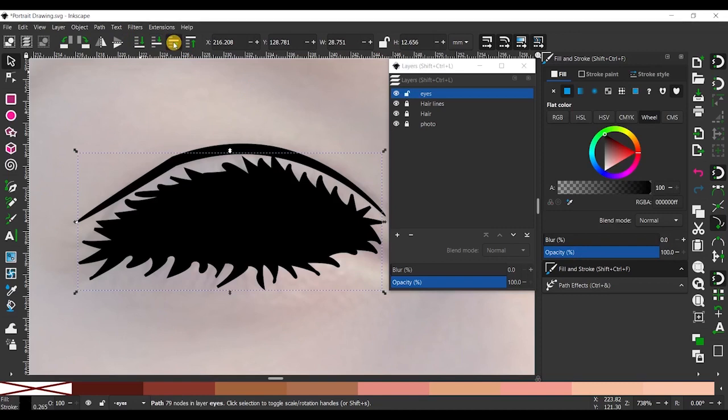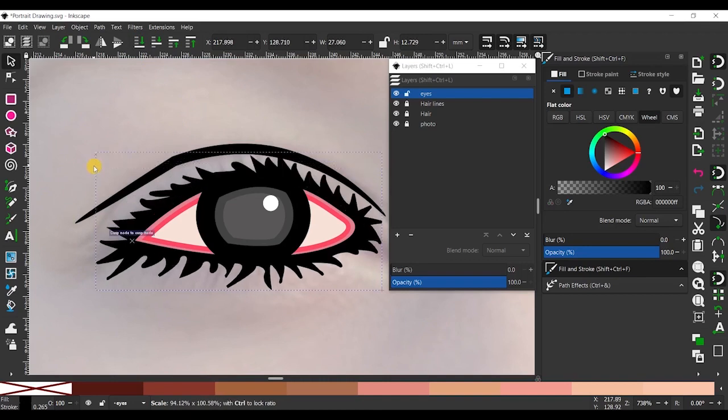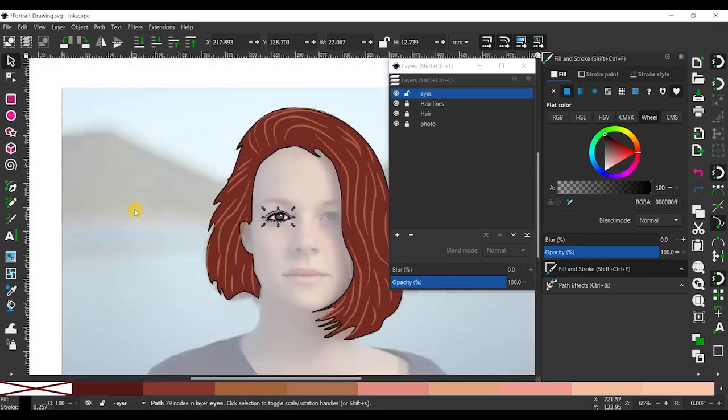You can observe this is the top option. I want to send it back again, so simply click on the other option and you can observe the back. I want to shrink the side. The eyebrows are somewhat larger, so I want to shrink them. You can observe it is looking good.